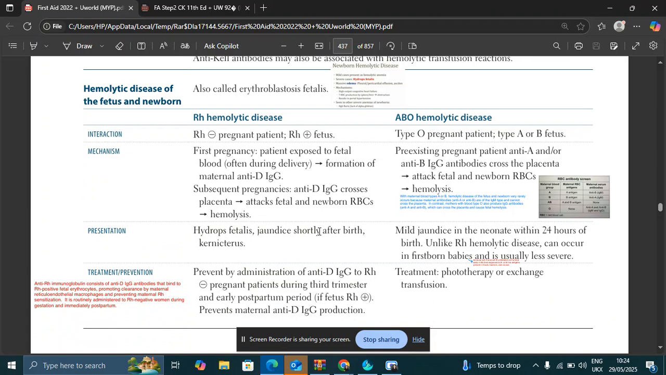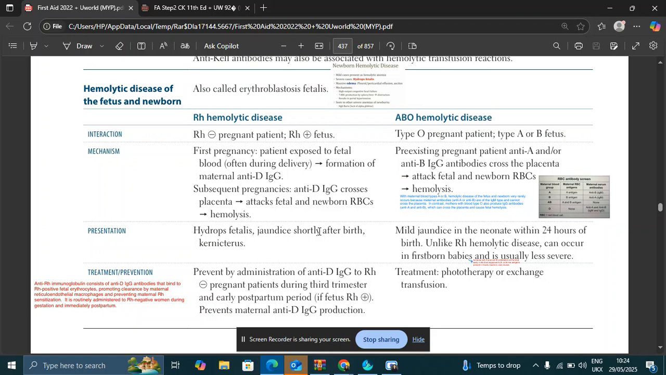RBC surface. When they cover the Rh positive fetal RBCs, there will be no interaction between Rh positive fetal RBCs and the Rh negative maternal blood. In this way they prevent maternal Rh sensitization. It will prevent the formation of anti-D immunoglobulin in the maternal circulation that could cross the placenta